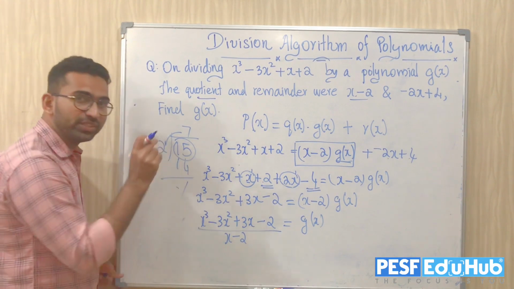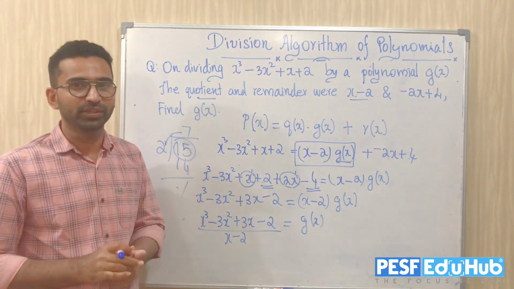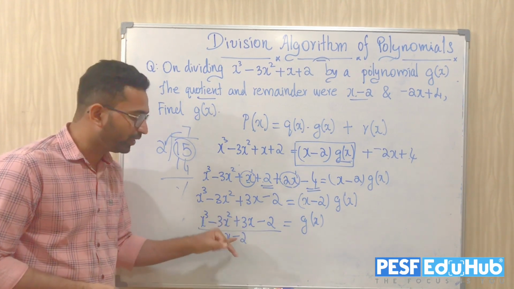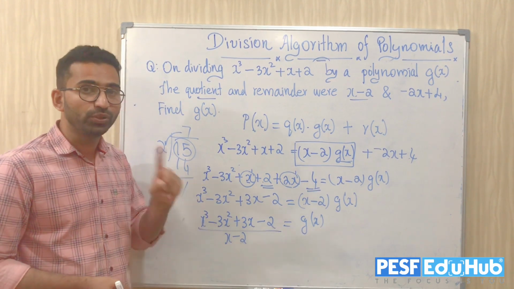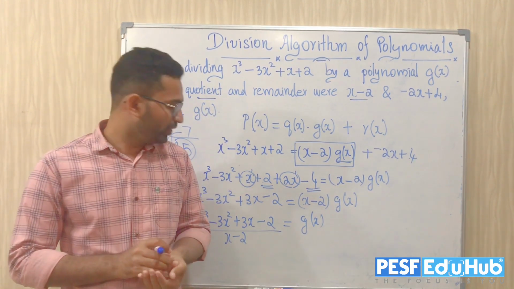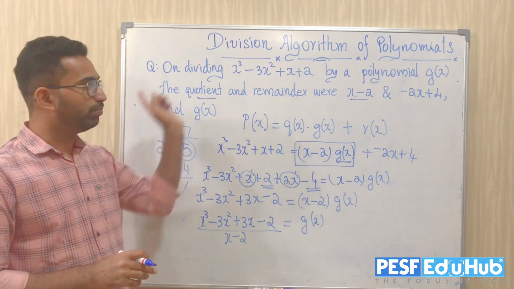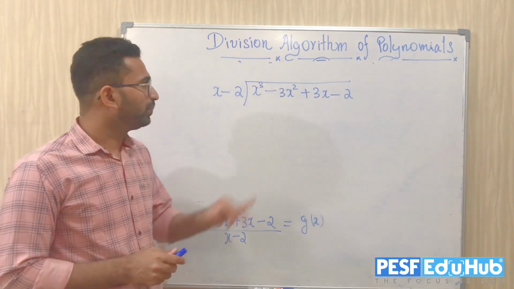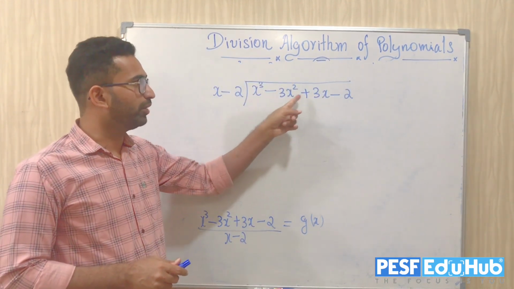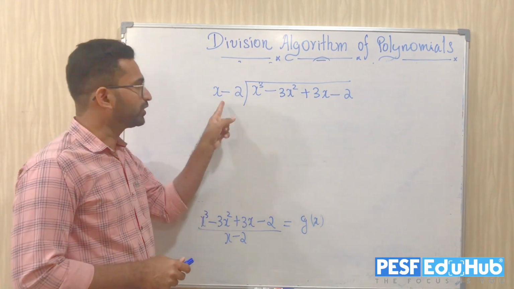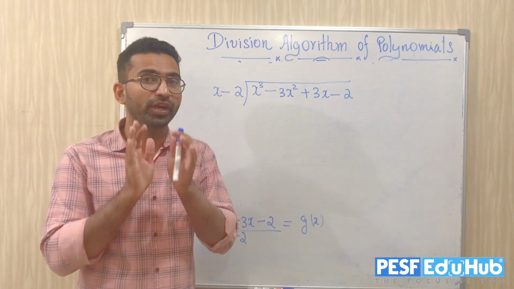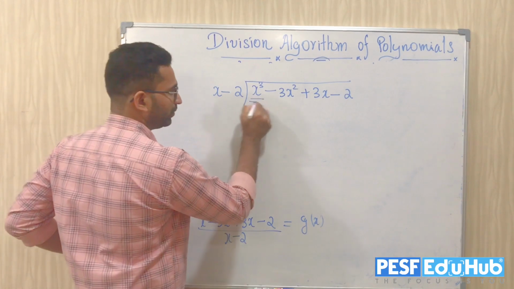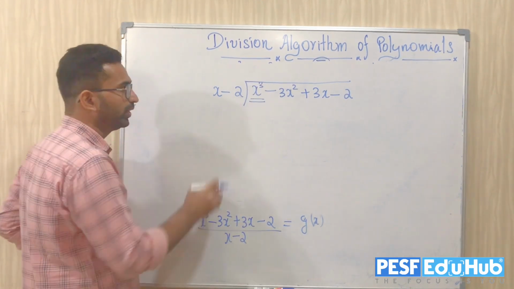At this stage you have to follow the long division method. So we'll proceed with the long division right now. Before that, copy all these things, but try to understand and copy. We have to divide x cube minus 3x square plus 3x minus 2 by x minus 2, in order to get your required polynomial g of x. As I told you before, here the term containing the highest exponent is x cube, here it is x.